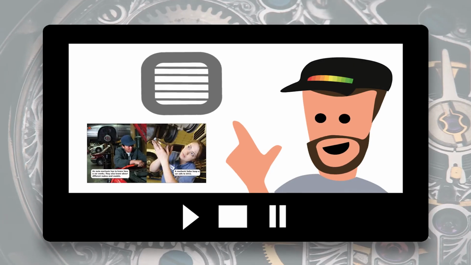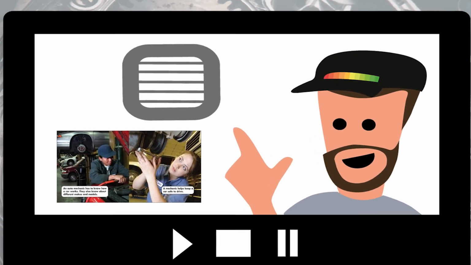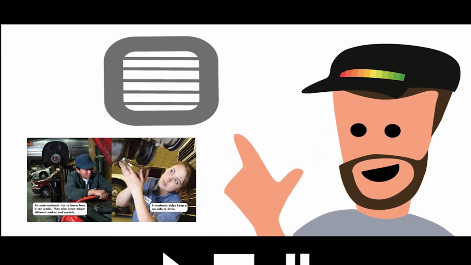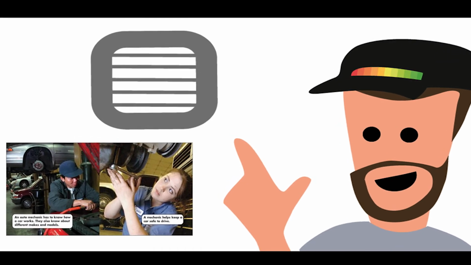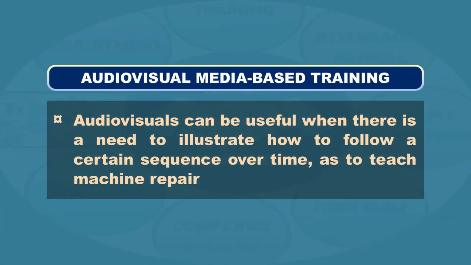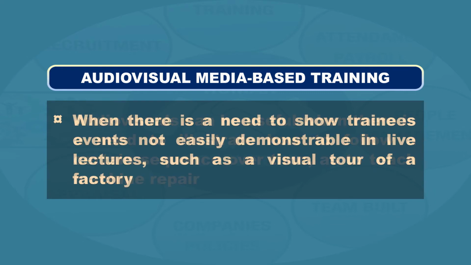For example, most of the companies in the automobile industry use videos in dealer training to replicate the problems and the reactions to various customer complaints. Consider using them in the following situations. First, audiovisual can be useful when there is a need to illustrate how to follow a certain sequence over time, such as to teach machine repair. Second, when there is a need to show trainees events not easily demonstrable in live lectures, such as a visual